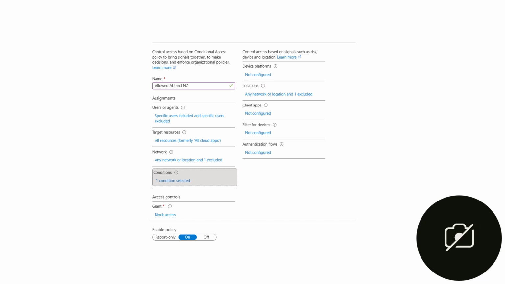Once you're done, I suggest starting the policy in report-only mode and monitoring it for a few days. After that, you can switch the policy to On, and it will restrict users when anyone is trying to log in from outside of your region. And that's where you can very less